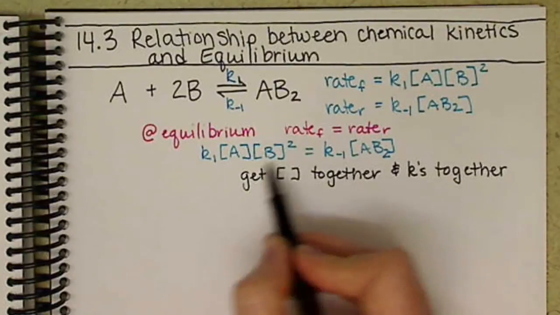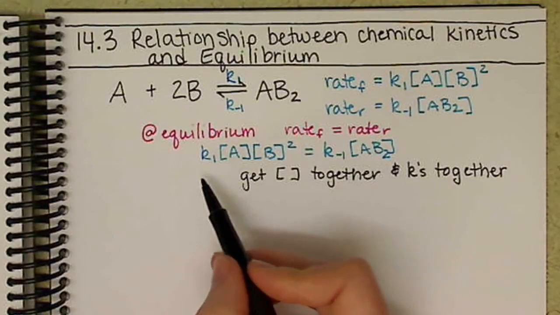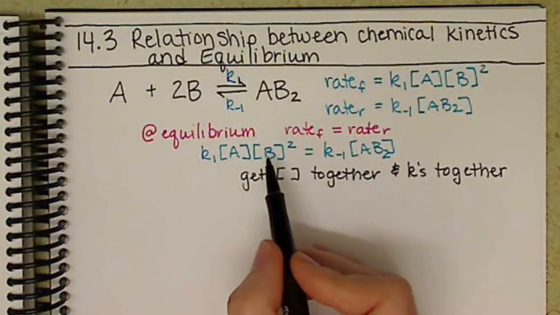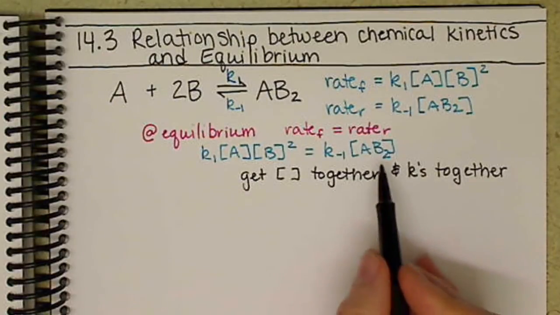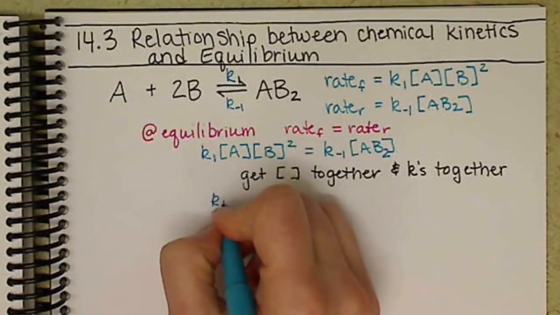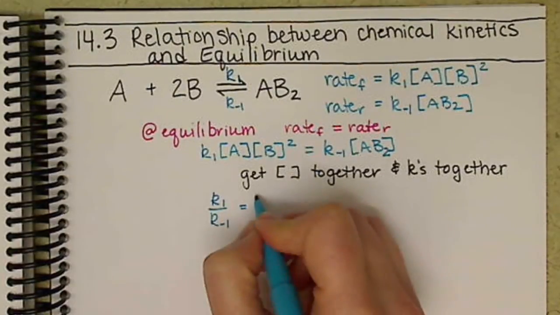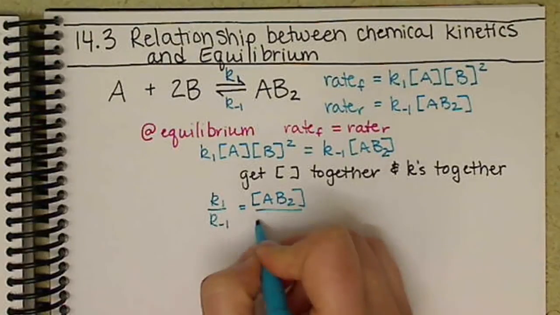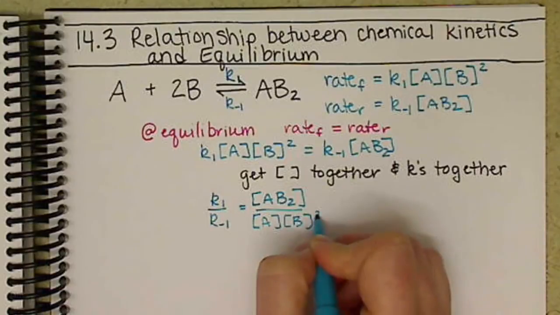So if I divide both sides by K to the negative 1, that gets the rate constant over on this left side. Divide both sides by concentration of A times B squared. So eliminates it from this side, gets our concentration over here. We end up with K1 over K negative 1 is equal to the concentration of AB2 divided by the concentration of A times concentration of B squared,